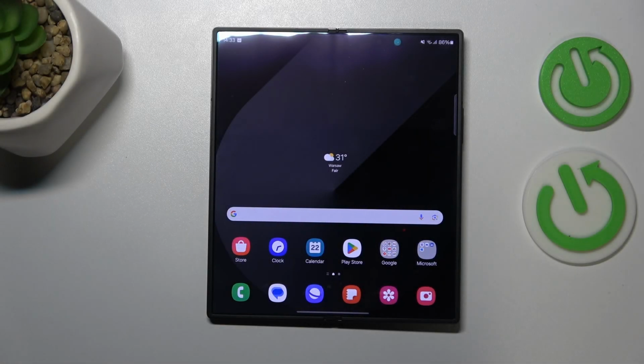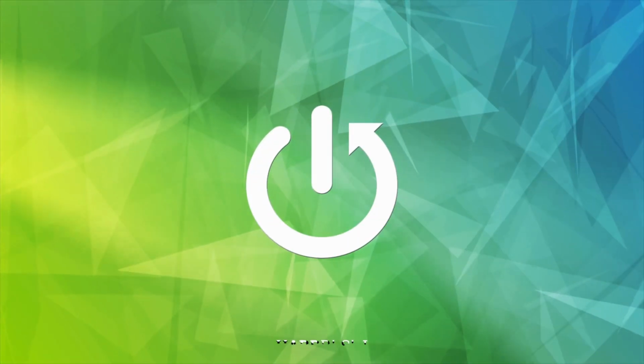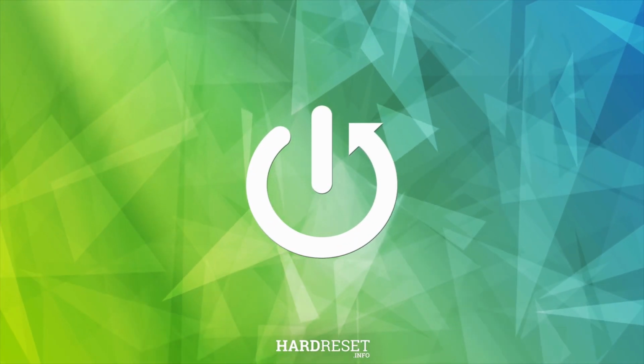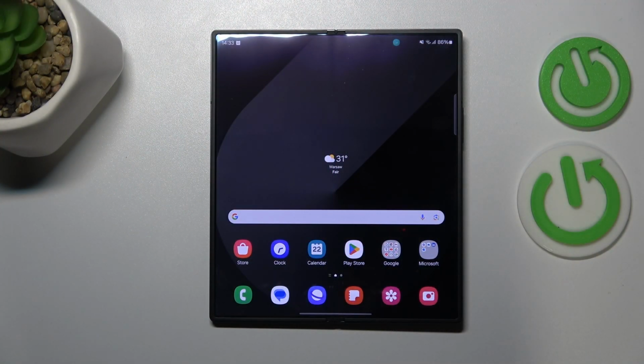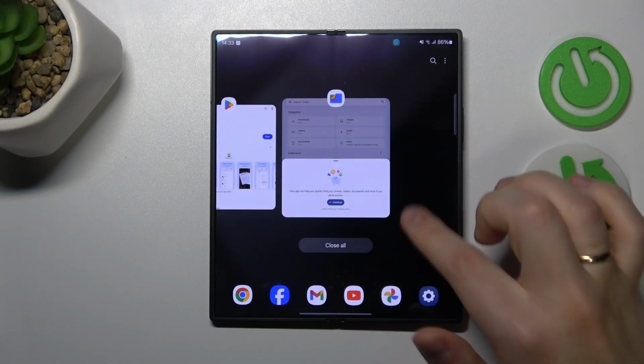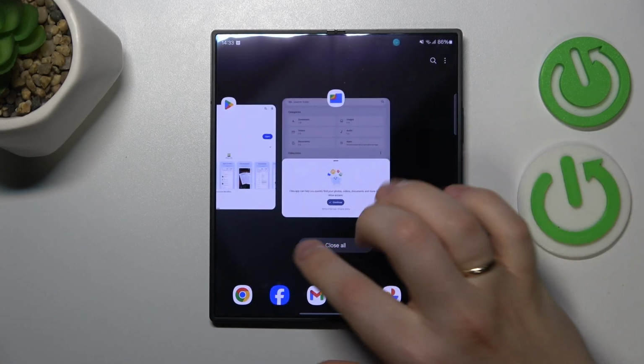This is Samsung Galaxy Z Fold 6, and today I'll show how you can fix the slow system issues on this device. So in the beginning, I recommend that you offload your RAM cache or simply clear your RAM by closing all background running apps. And well, in order to do that, simply open the list of recent applications and here press